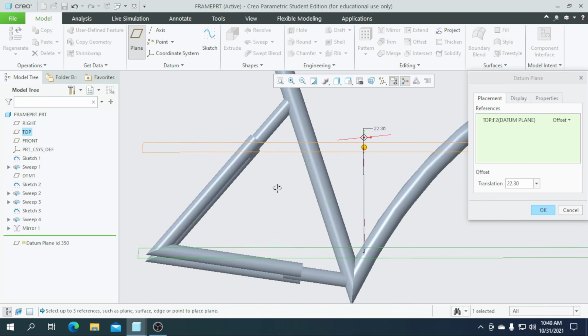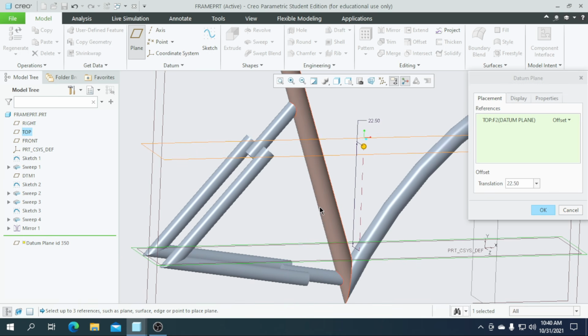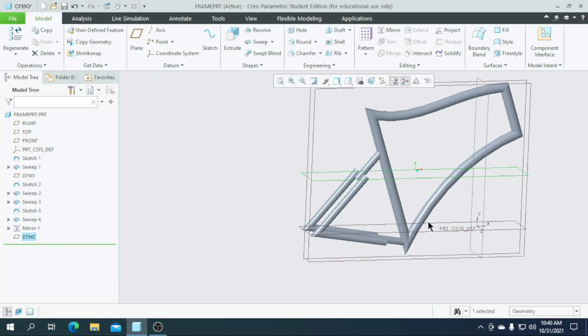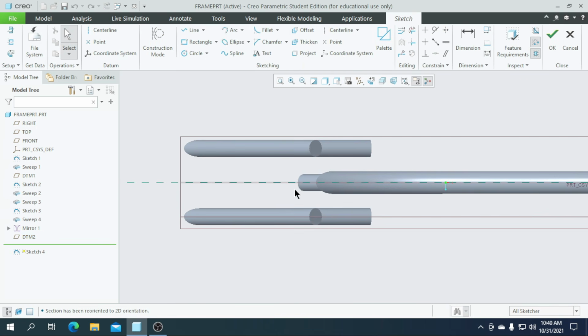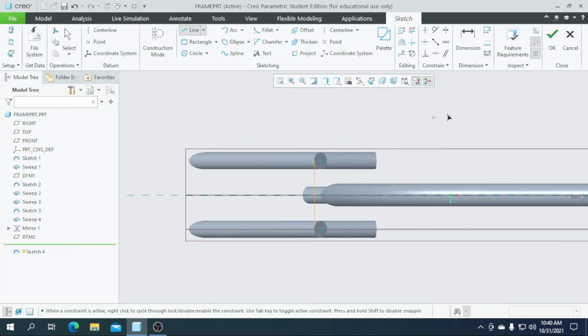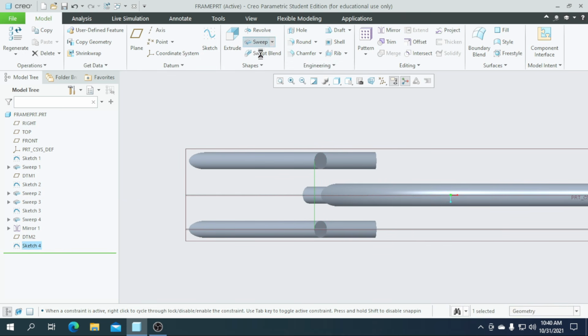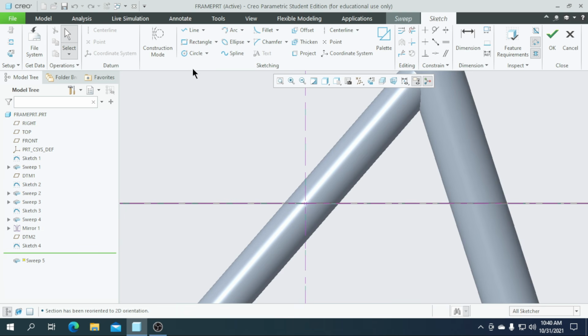Drag it here at the center and enter a value as 22.5. So click on OK. So here I am going to sketch this plane. Go for the sketch view here. I am going to draw a line from this reference to this reference and click on OK. Then sweep it, go for the sketch view, and here I am going to draw a